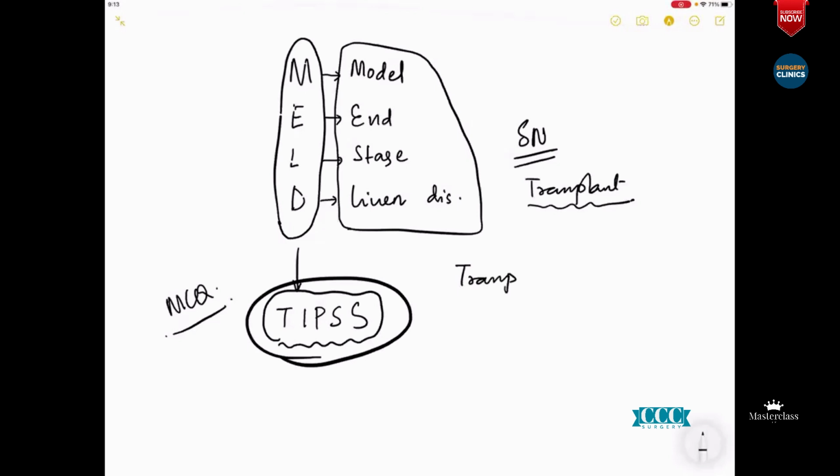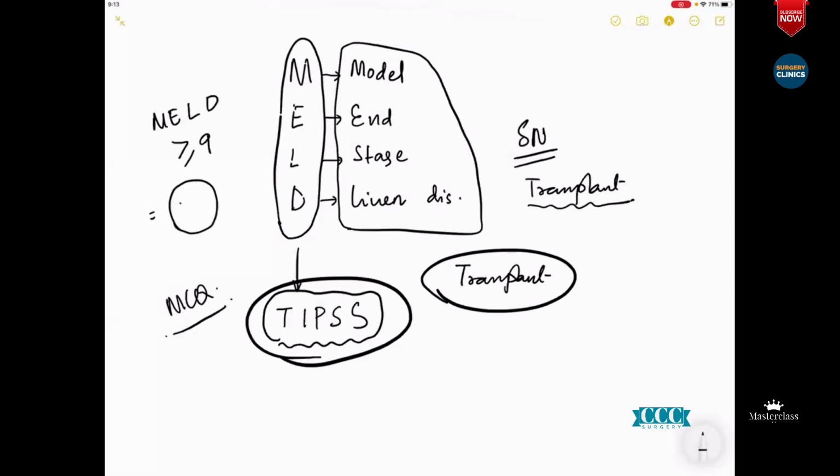of transplant. But my job is not to teach you today. My job is to teach you a very simple rule. Remember that if the MELD score is greater than or equal to 9, the patient will really have a high risk of a liver failure in the post-operative period. So that is an important and an interesting part of the story.